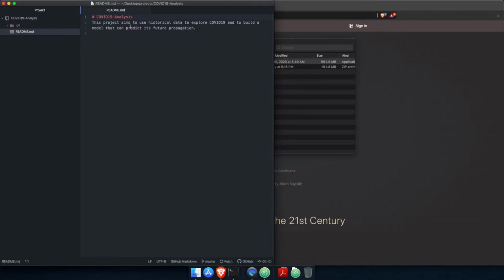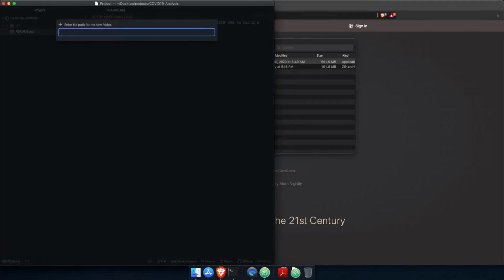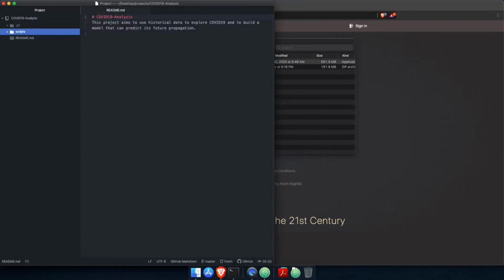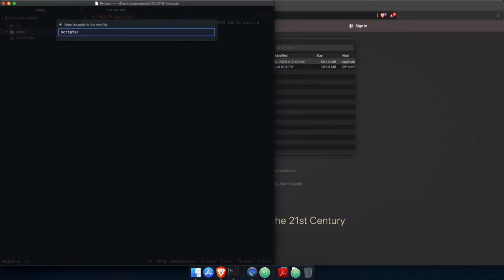But as you can see, the cursor is blinking in the README file, meaning that the file is what's active. So I'll type Control 0 to switch to the project tree in the left pane, and then type Shift A to create the subdirectory. Let's call it scripts. And now inside the scripts subdirectory, let's create a Python script. So I'll type A to create a new file, and let's name it